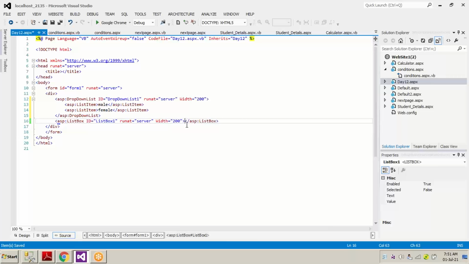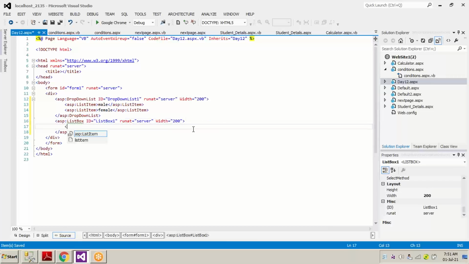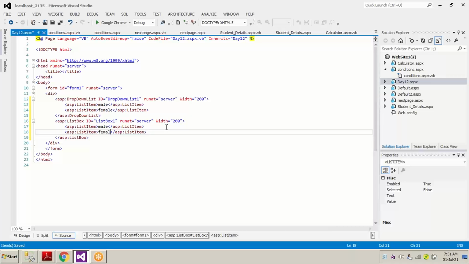In the same process, we can add the data in list box also. Male, and here we're going to add female. In drop-down list, I added a data male, female. We can add many more data like